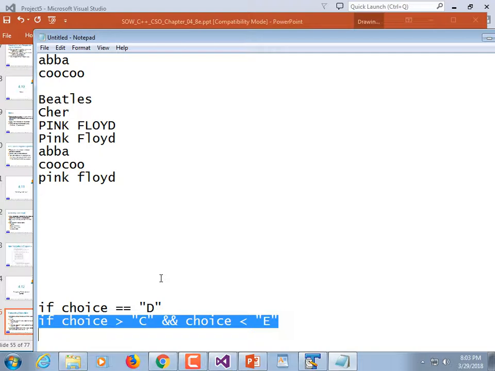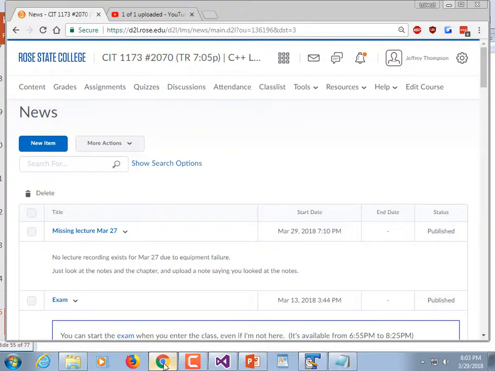Just be aware that if you're comparing strings, they're equal only if they're all of the same case. Otherwise, uppercase letters have a smaller value than lowercase letters, which is kind of the opposite of what you might think. If we go and look at the ASCII chart,